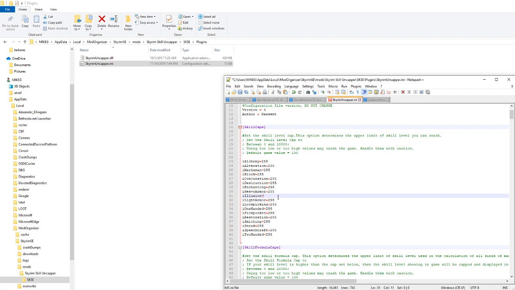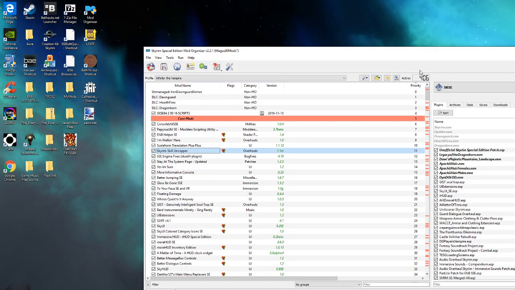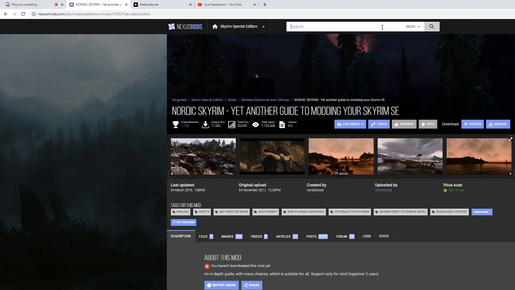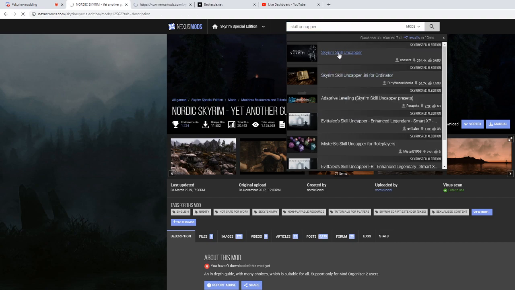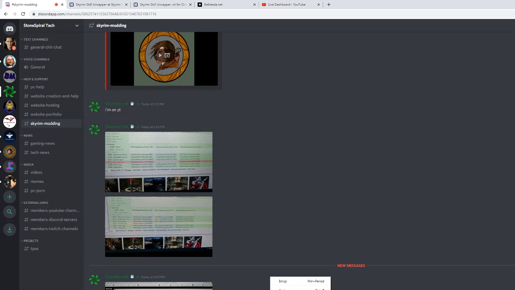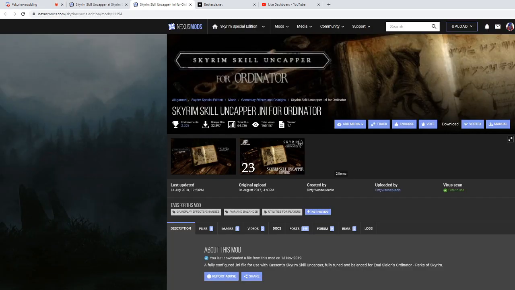It's something I found recently that was very intimidating to learn how to do, but it has made my personal gameplay experience so much better. Let me just show you here. Alright. There are 2, and I'm going to link them to you if you ever decide you want to use them, Shane. This is Skyrim Skill and Capper. I'm going to link these 2 here for you. And then if you do run Ordinator, Skyrim Skill and Capper for Ordinator,